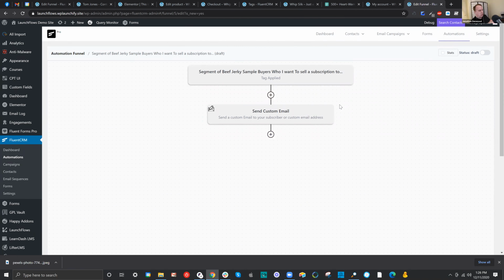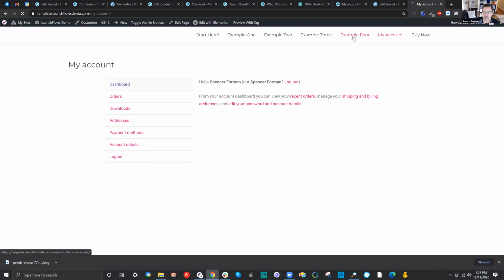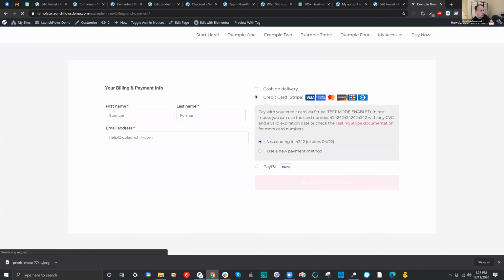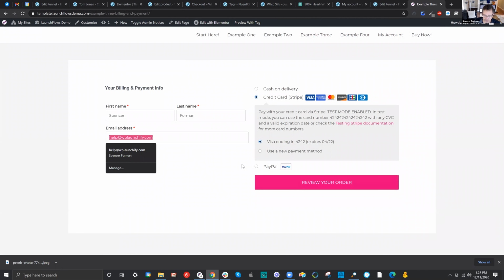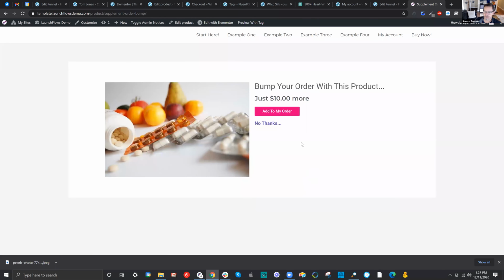And it also works out when you're talking about things like using Launchflows, because if I show you some of these pre-made ones, when somebody is in the middle of their journey, this is a step-by-step journey. Here is the first offer. They take the $20 sample product. Of course, I've got to get them registered and logged in. I save their credit card, but watch what happens. After they do that, they're immediately given an upsell after the checkout. Do you want to get the bigger product? Yes or no? And either way, it's a one-click